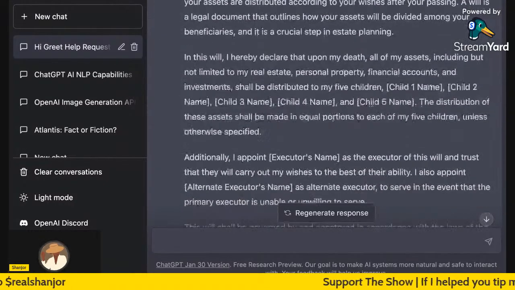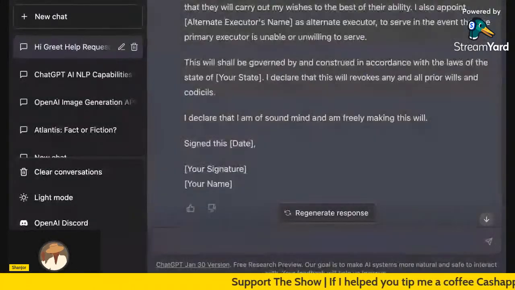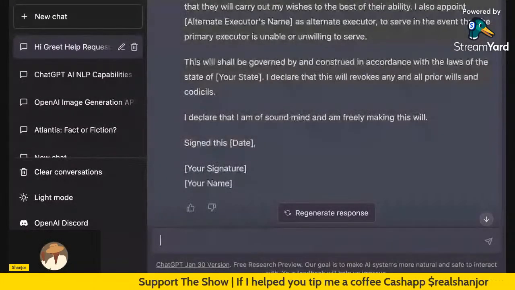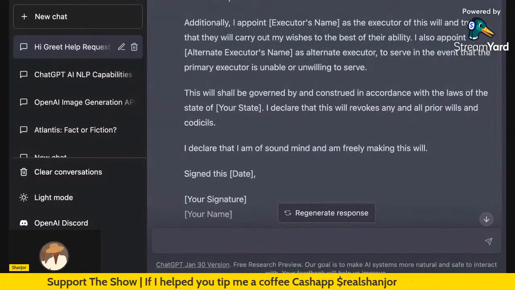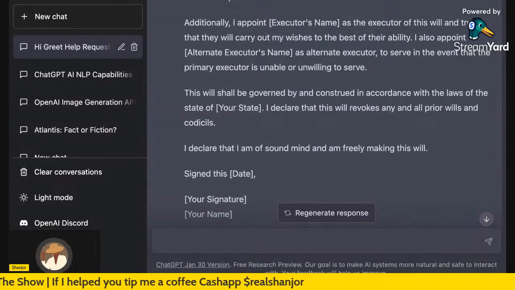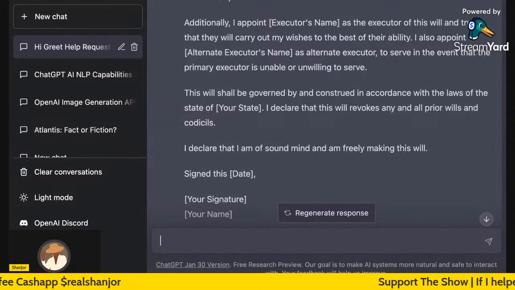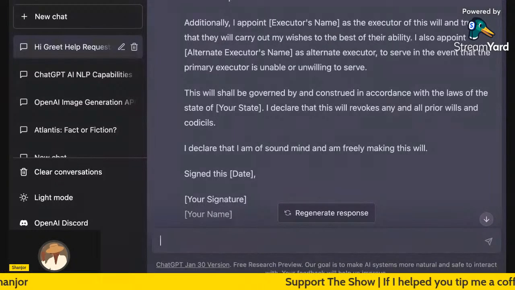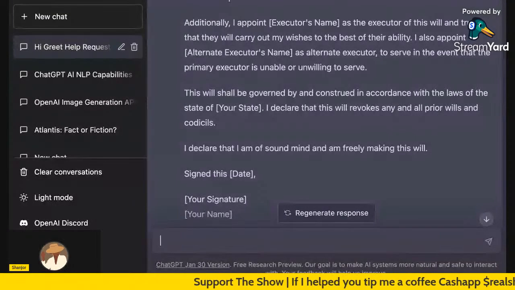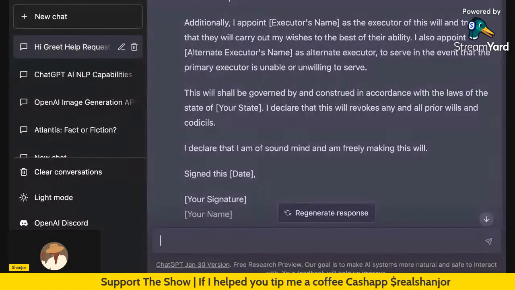It takes out the guesswork. It takes out having to wait on your lawyers or anyone else to give you this paperwork. It takes out having to search throughout Google and find a format and how to write this paperwork. It takes out even the worrying, because I know a lot of people don't even get started on things because they don't even know how to begin. Well, ChatGPT is giving you the heads up to start beginning. You don't have to wait for someone else to get this done.